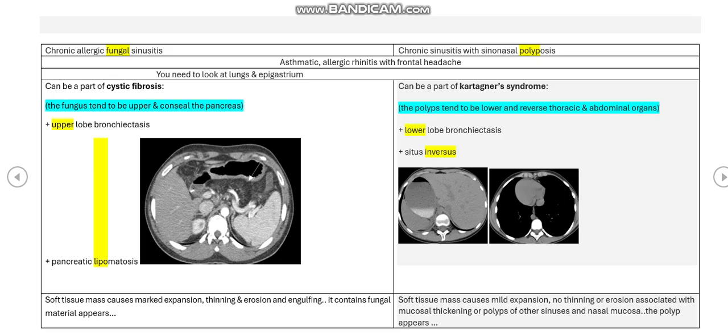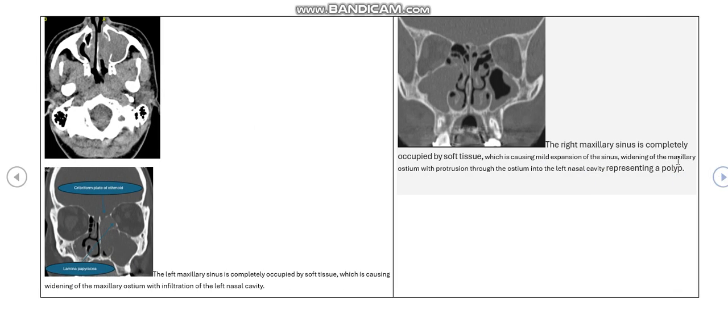How to distinguish between chronic allergic fungal sinusitis and chronic sinusitis with sinonasal polyposis? Clinically the same. Asthmatic patient or patient with allergic rhinitis, complaining of frontal headache. Okay, so on CT scan, they share the same criteria of